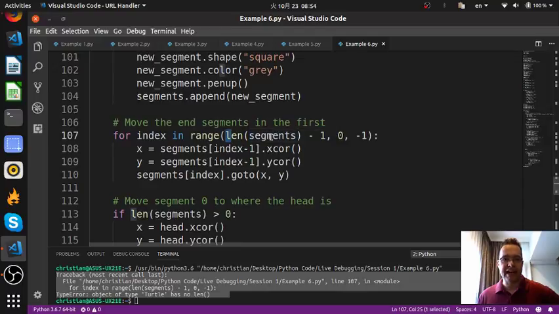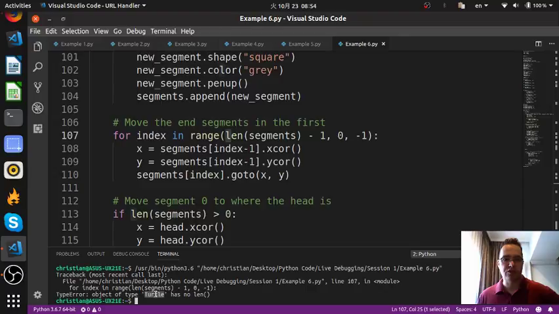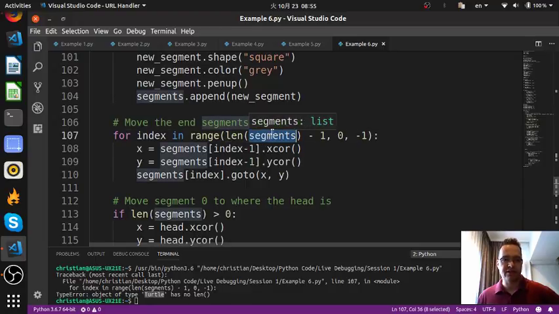But we're getting an error. It's saying object of type turtle has no length. So what this tells me is that when the program gets here, it thinks that this list is a turtle. So that tells me that at some point,